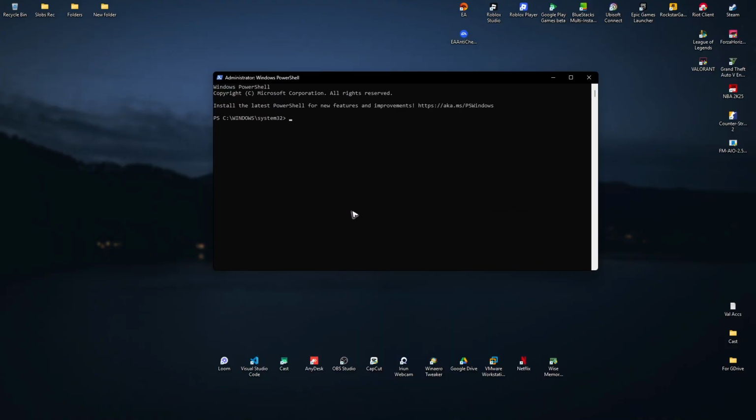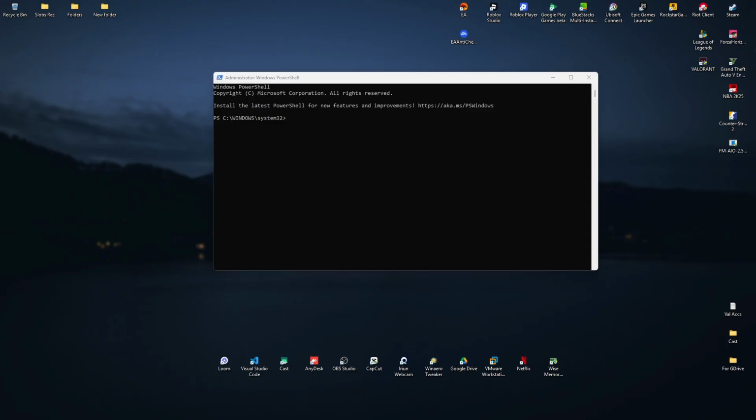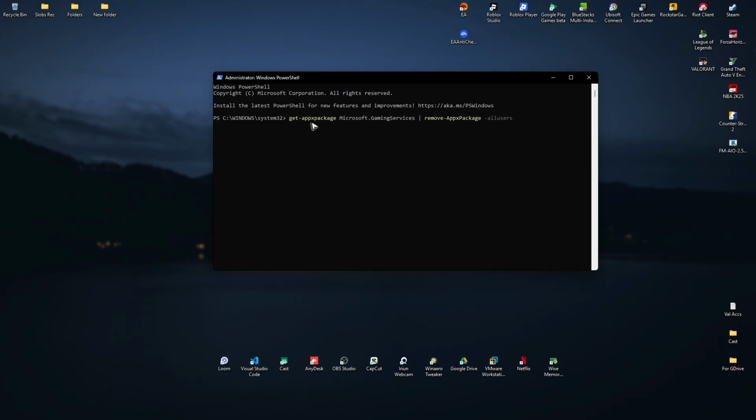Now in here, just go to the description below and copy the first command. Copy it, right click and just hit enter. No need to paste. When you right click, it will be automatic. Once done, again, just hit enter, wait for the process,